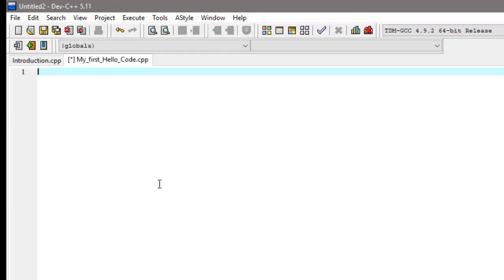5.11. So, if you are comfortable with your IDEs, do your code in your respective IDEs. I will be using this editor. So let's code our first hello world program. So all we need to